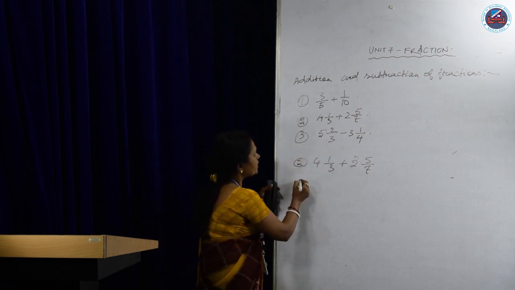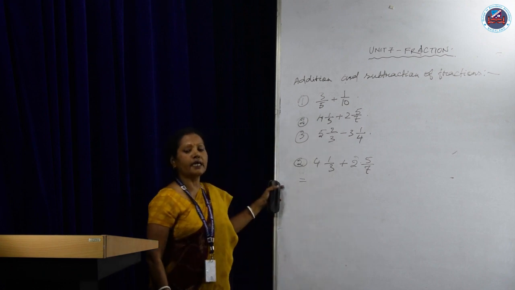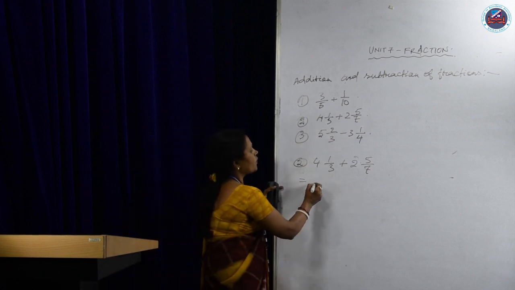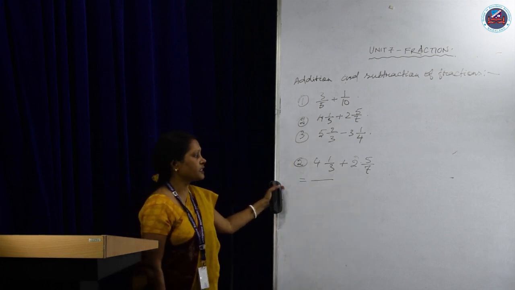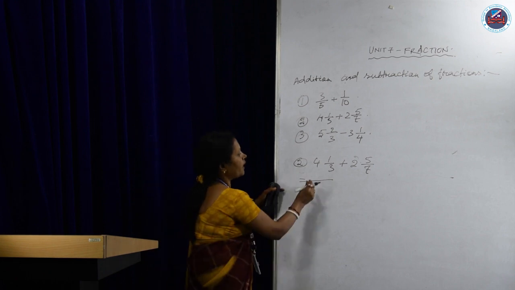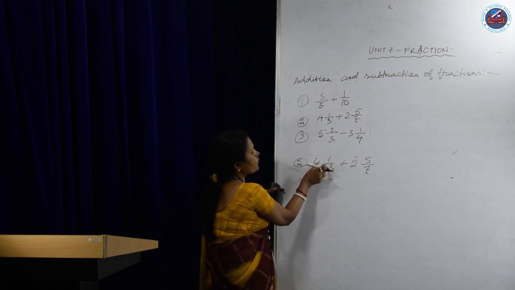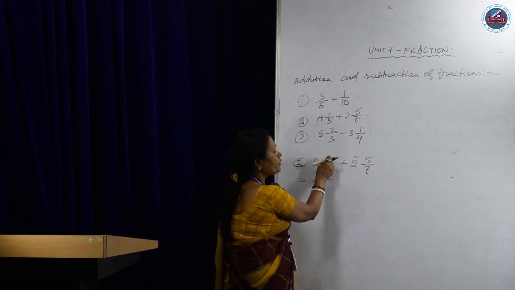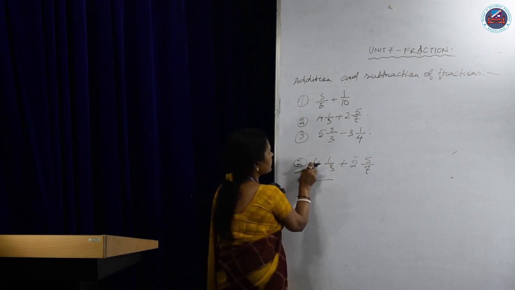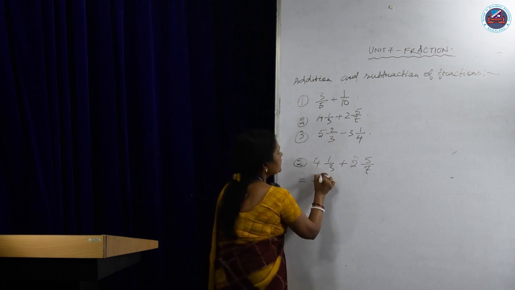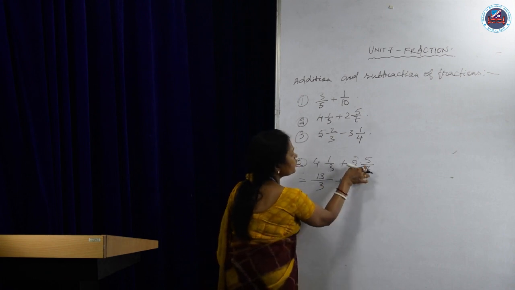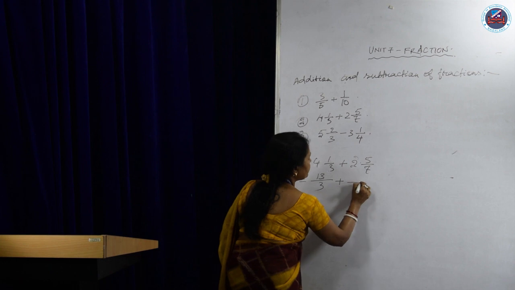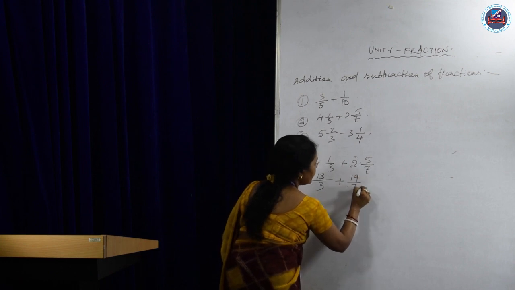So when you have mixed fractions and you have to add them, the first step is you have to convert your fractions into improper fractions. And what is the method to convert into an improper fraction? Multiply 3 and 4, 3 4s are 12, and add 1 to the product. 3 4s are 12 plus 1 is 13, and your denominator is how much? 3. Plus again, 2 7s are 14, and 14 and 5 is 19, and 19 by 7.